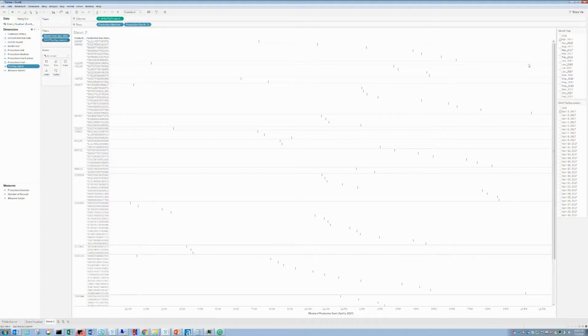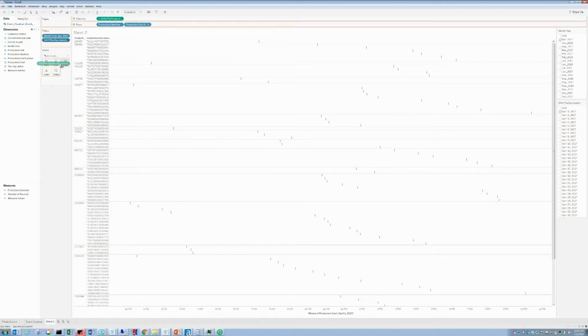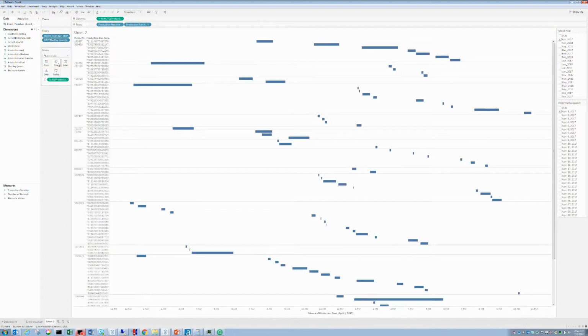The next thing we're going to do is put the duration on here to take a look at this time series of events. So how do you calculate product duration? Well, let's take a look at that. It's a date-time difference set at the minute level with the difference between the production start time, production end time, divided by 1440 minutes per day. So if we take product duration and put it on size, suddenly we get our Gantt chart looking